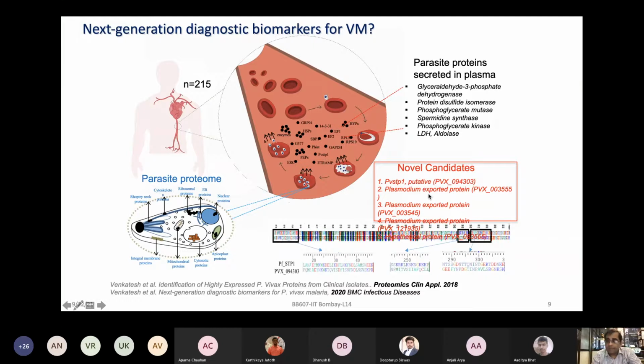Some of them are unknown proteins, like with the putative sequences. But these are very unique only for Plasmodium vivax, not for falciparum. After doing the sequence alignment with falciparum, vivax, other malarial pathogens and host, we could see that these are unique peptides coming from unique proteins, in fact, peptides mapping to the proteins, which is very unique for Vivax. So again, some of these can be very good novel candidates for the next generation diagnostic kits to be developed